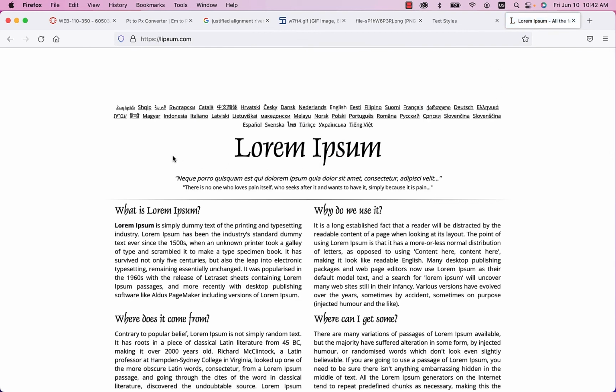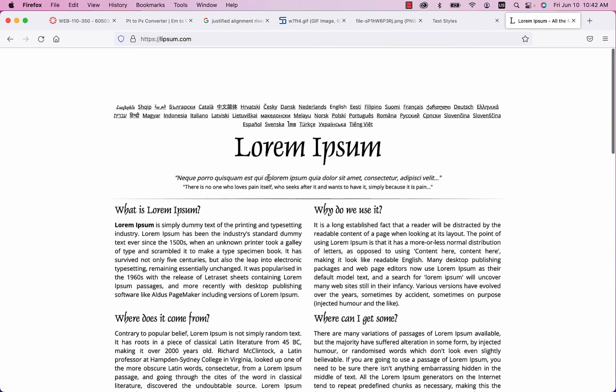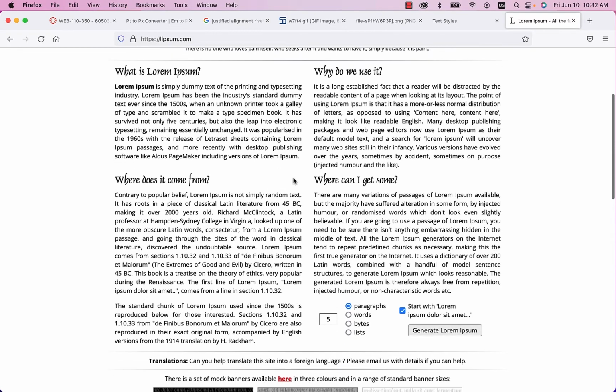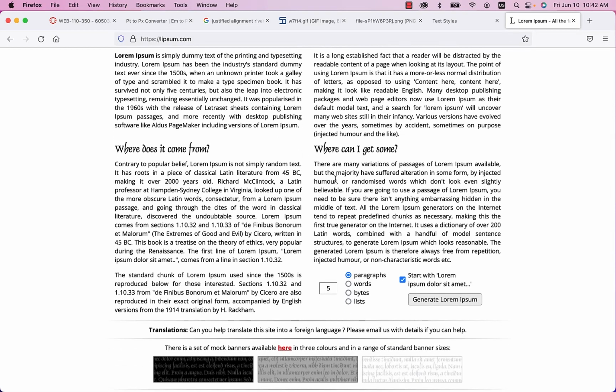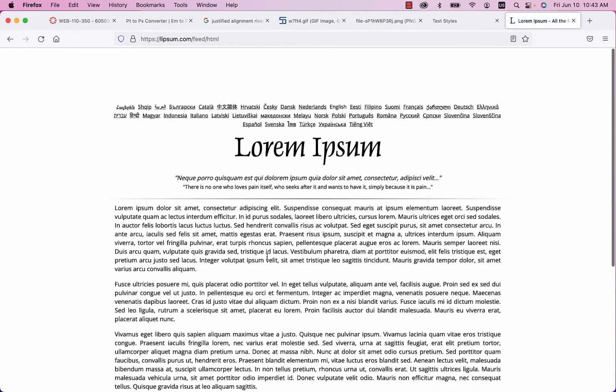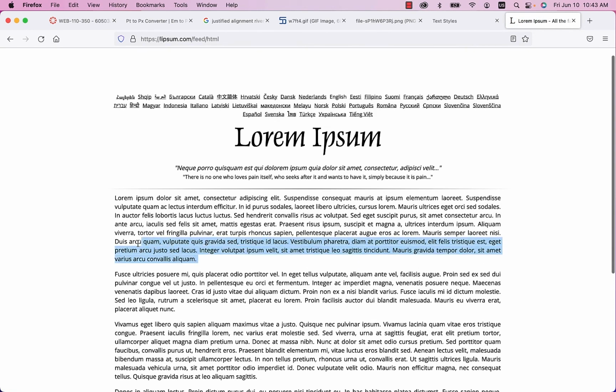It's basically this fake text that's supposed to look a little bit like Latin, but it really isn't. But this website's really great because you can basically just create some filler text, and designers use this all the time where you could be waiting to get copy from the client and you have a general idea of how much content's going to be there. So here you have the option of how many paragraphs, how many words, how much would be in the list. So I can generate a paragraph and it's going to create this lorem ipsum for me, and I can just copy this,